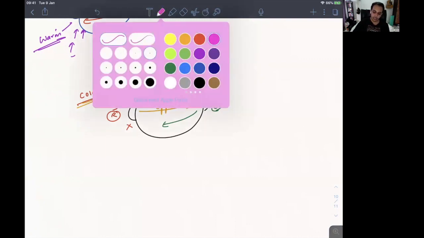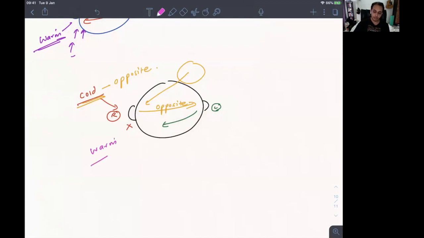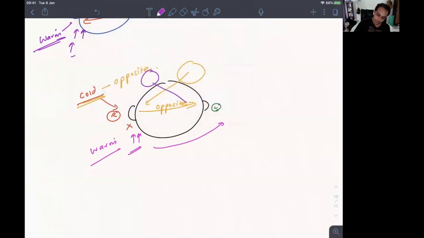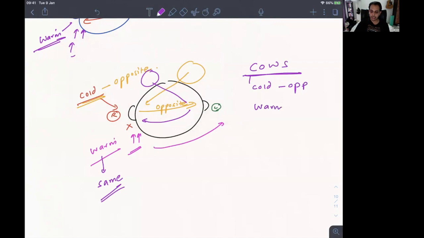Now, similarly, if I put warm water, it will act as an irritative, so there will be excess movement. Now, the initial movement will be towards the left, and now the frontal lobe will move it to the same side. So when I put warm water, the fast movement will be towards the same side. This is why there is a mnemonic called COWS. Cold is opposite and warm is same. This refers to the frontal correction,